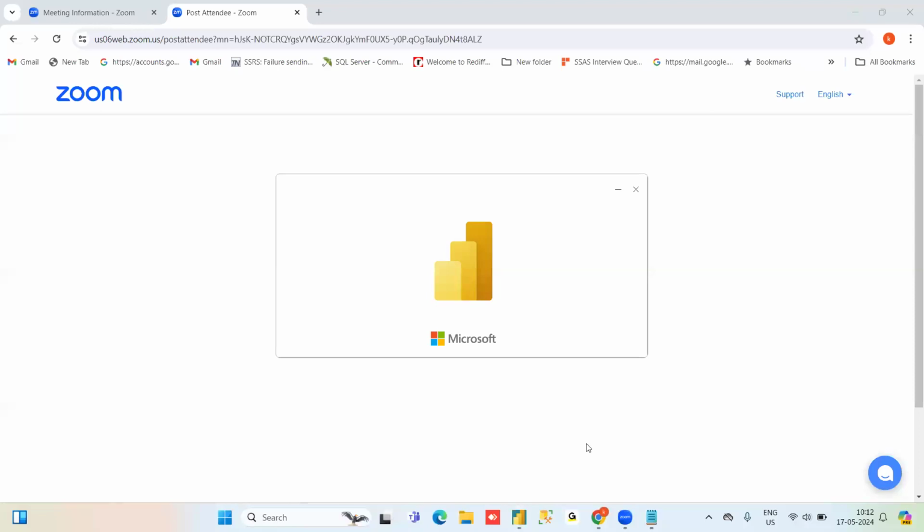I already shared the document with you, or do I need to share that? I think not yet shared. Let me check, I need to give that.